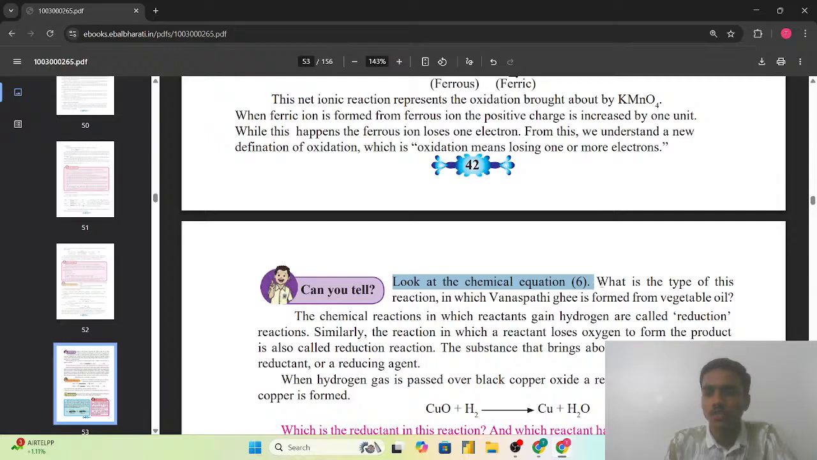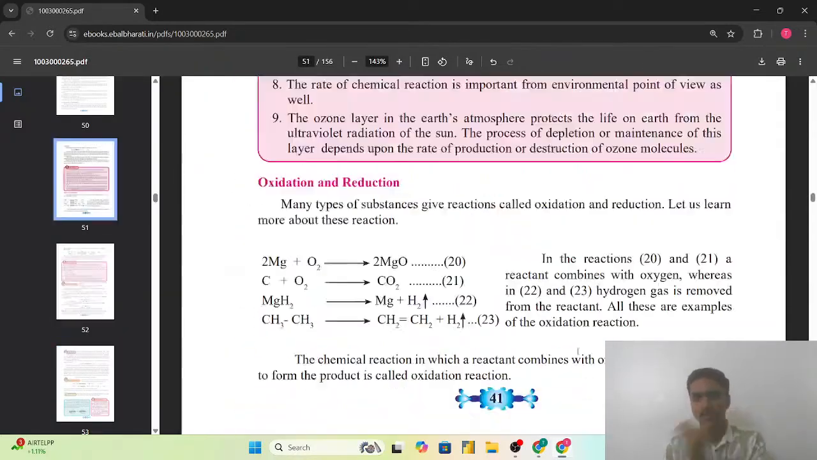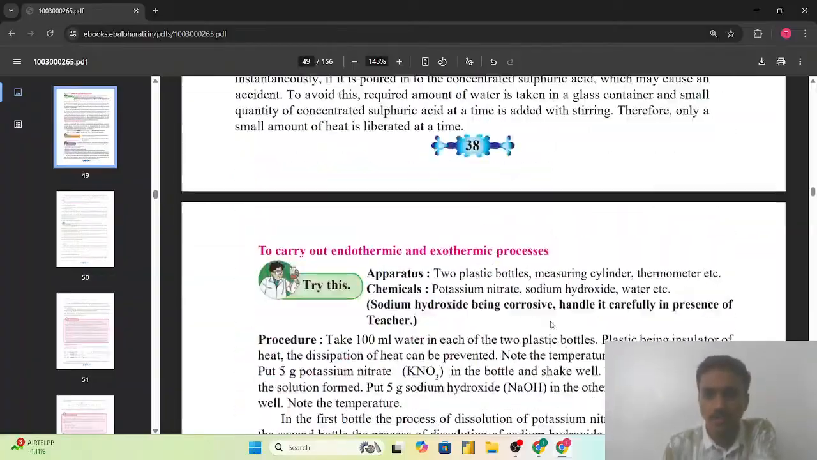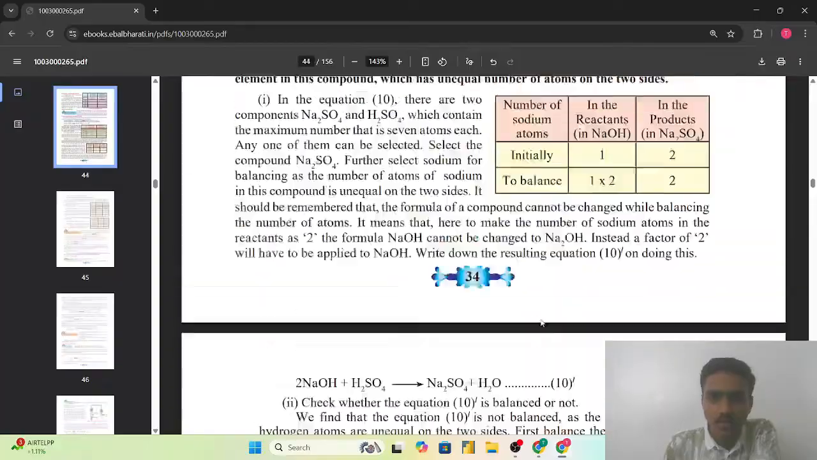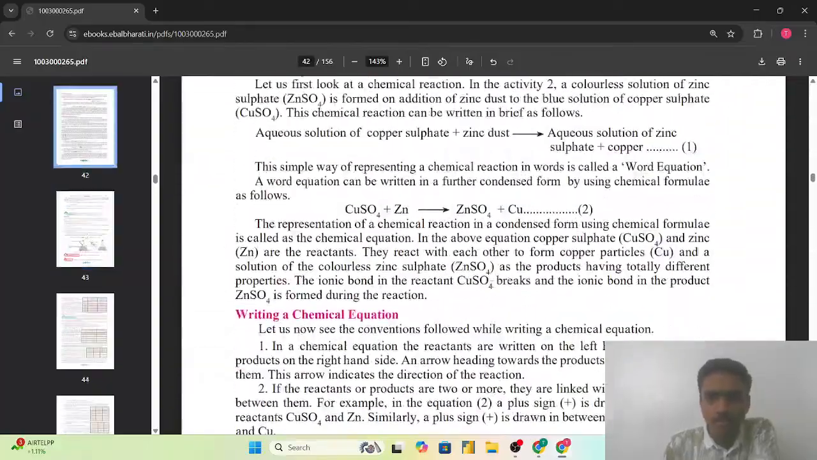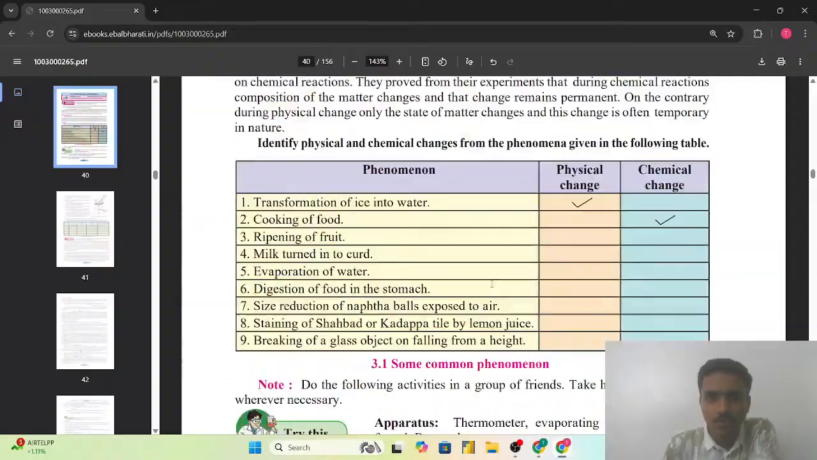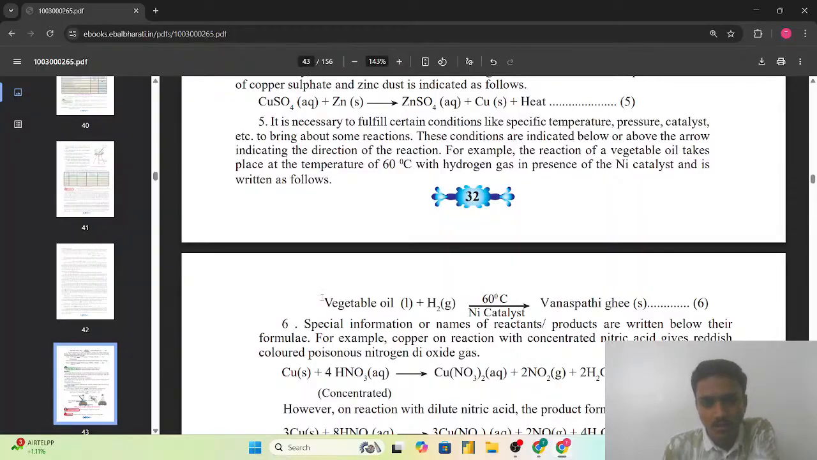Now, can you tell? Look at the chemical equation 6. What is the type of the reaction in which vanaspati ghee is formed from the vegetable oil? तो चलिए देखते हैं। यहाँ पर हमने हमें बोला है रिएक्शन 6 को देखने के लिए। तो चलिए रिएक्शन 6 देखते हैं। Reaction 6, तो 6 यहाँ पर दिस इज द रिएक्शन विच वी आर सीइंग।